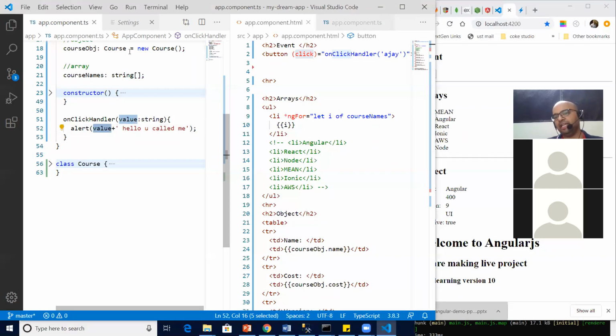That is why we need the curly braces, or interpolation basically, in HTML, not in the class. Now is it clear, Rohit? Yes or no? Quickly. Okay, good.